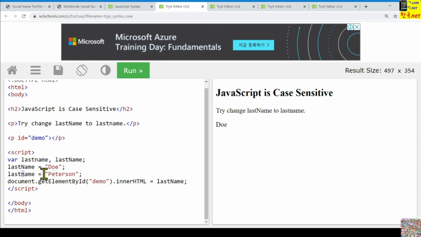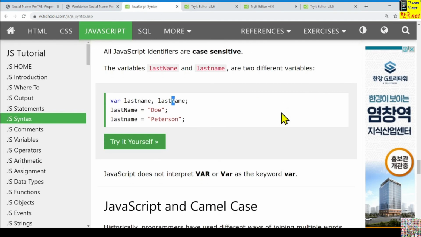If we are trying to show the result on the screen, the variable name is lastName here, and this one is different. Thus the result will be like that. You should be careful about that. JavaScript variables are case sensitive. That means uppercase and lowercase characters are different.